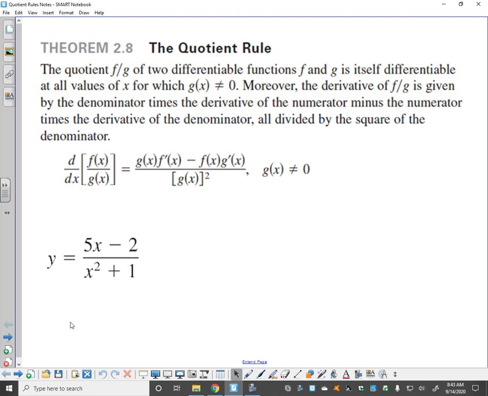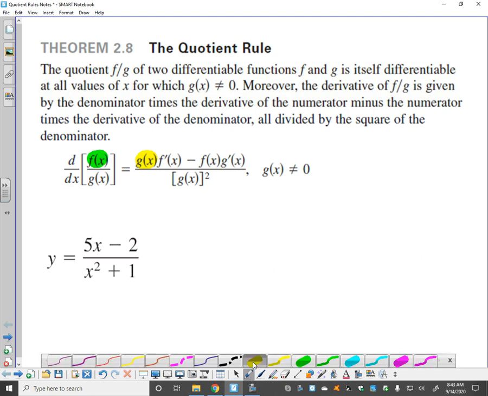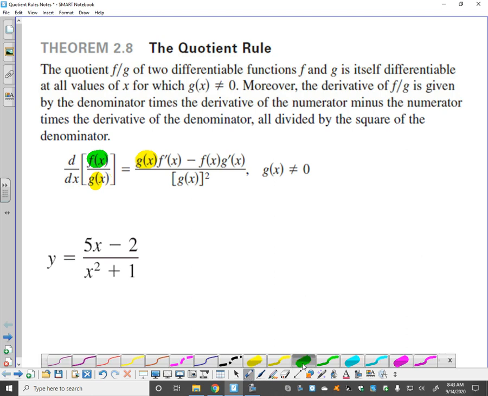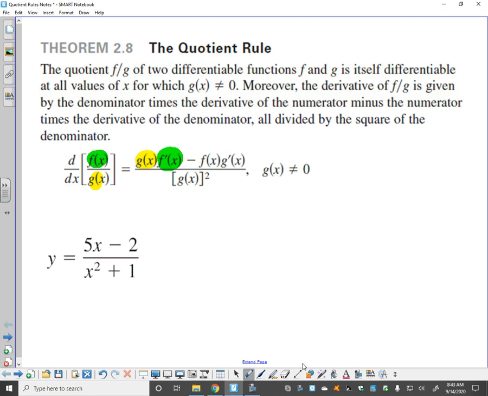So to take the derivative of a rational function, so f is the top and g is the bottom, and this just says we're taking the derivative of it. All right, so here's what you got. You're going to leave g alone. Tell you what, let's color code this a little bit. Let's let f be the top. Okay. So you're going to leave g alone, and then you're doing the derivative of the top